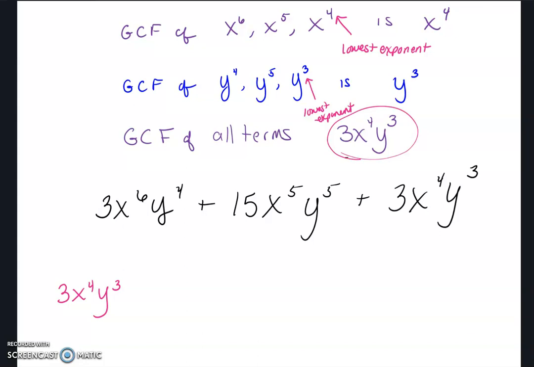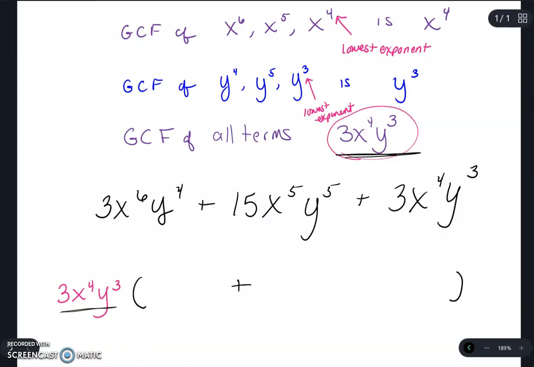And I take that greatest common factor from all these terms and put it on the left here. Then I'm going to want to just give myself some parentheses. I have to divide that greatest common factor into all 3 of these terms